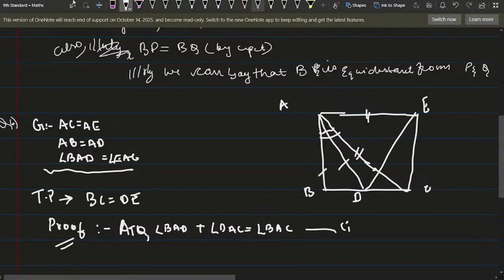Take this as equation number 1. Angle EAC, this one, plus angle DAC is equal to angle EAD. From equation 1 and 2,